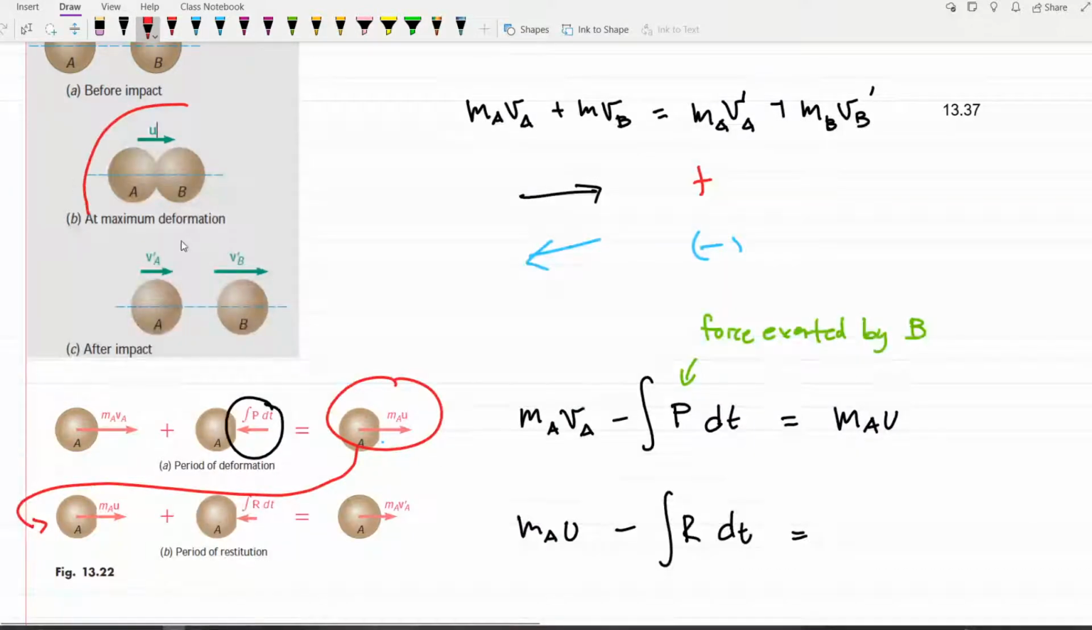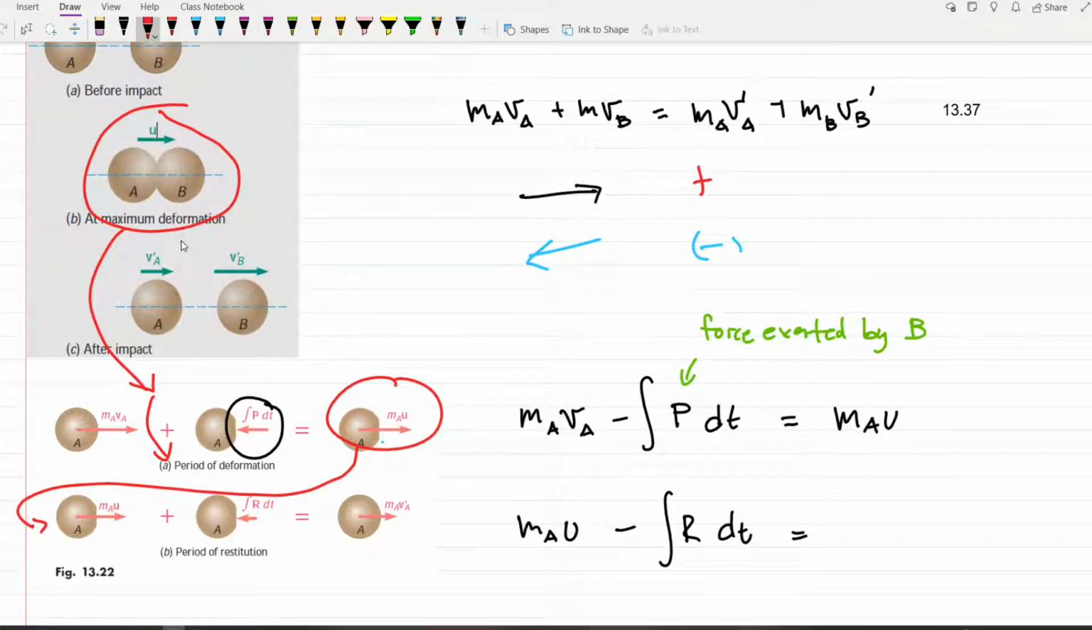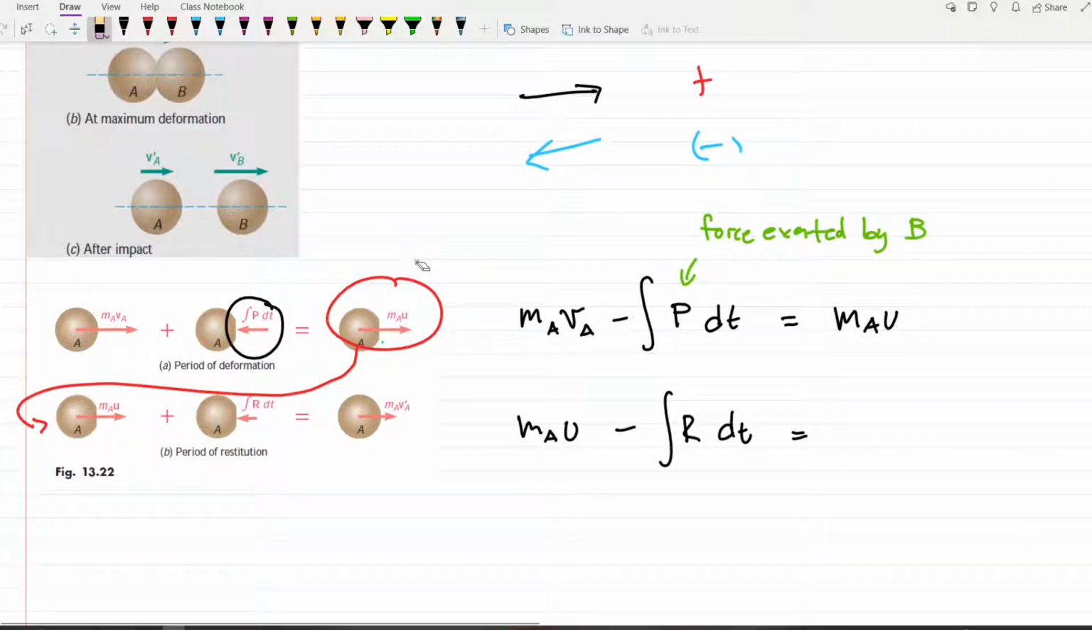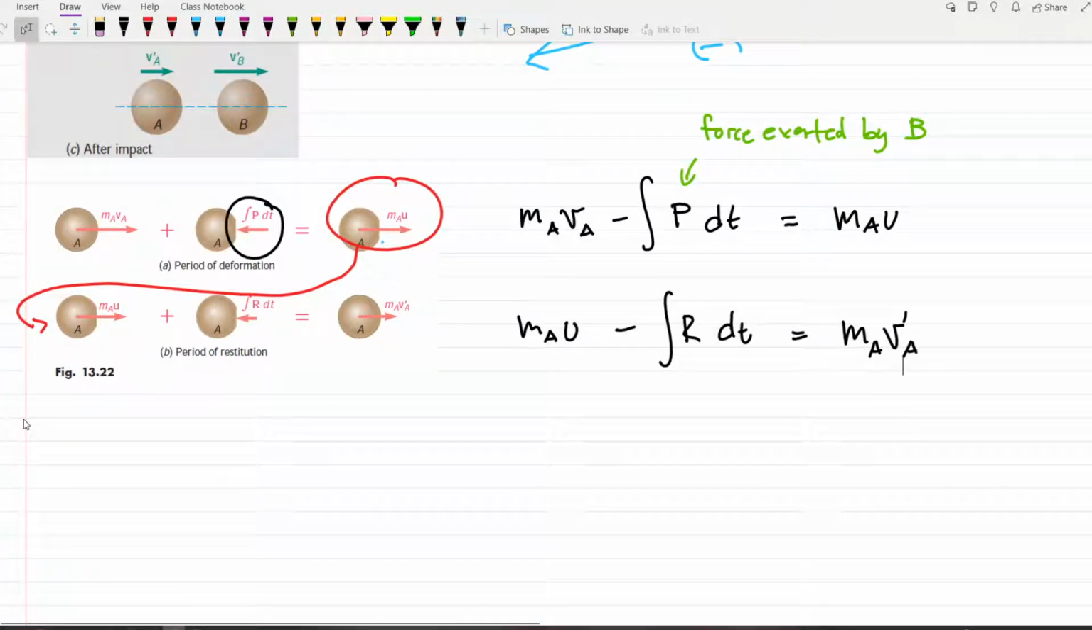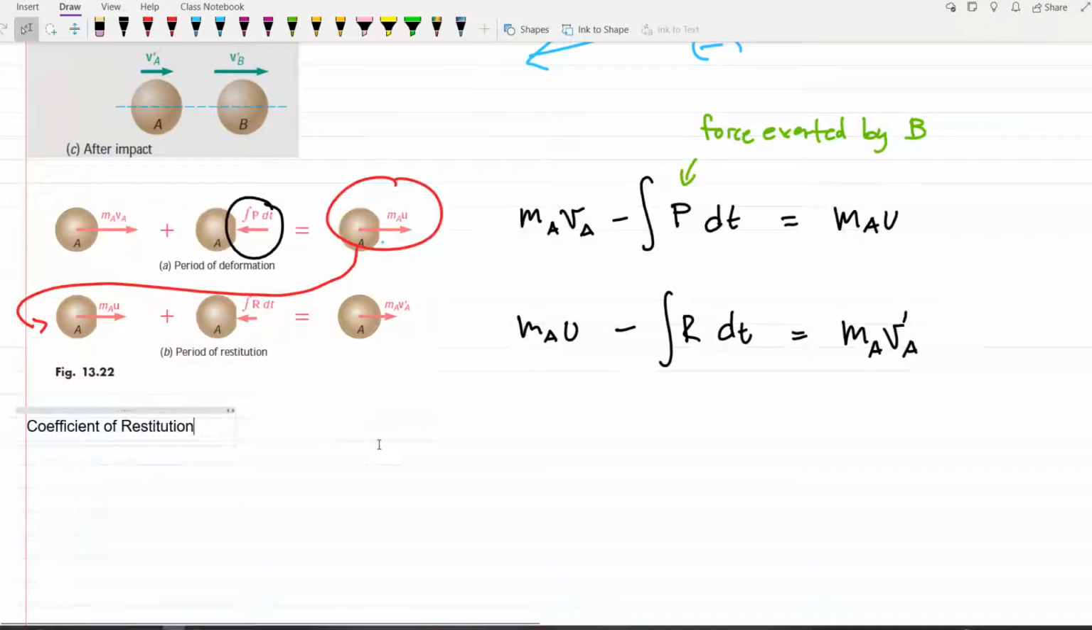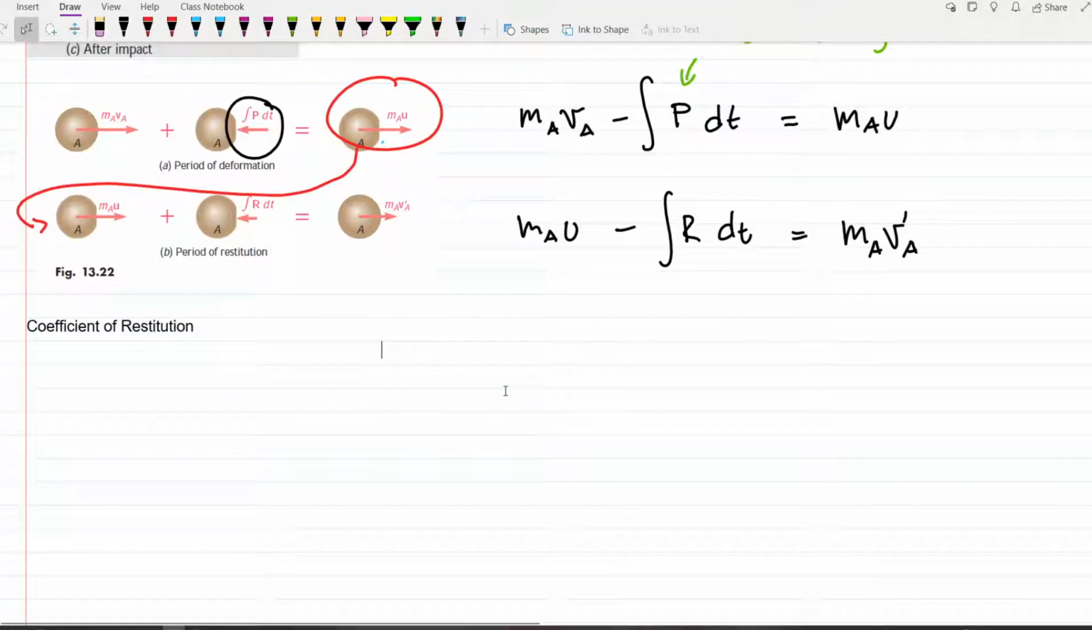We divided this into two timelines. We have the period of deformation, and after the deformation we have the period of restitution. Now the final momentum is mA V prime A. Now what comes out is the coefficient of restitution. This tells us how it will behave, whether the collision is elastic or inelastic, whether they stick together or not. We'll discuss that later, but the coefficient of restitution is given by E,